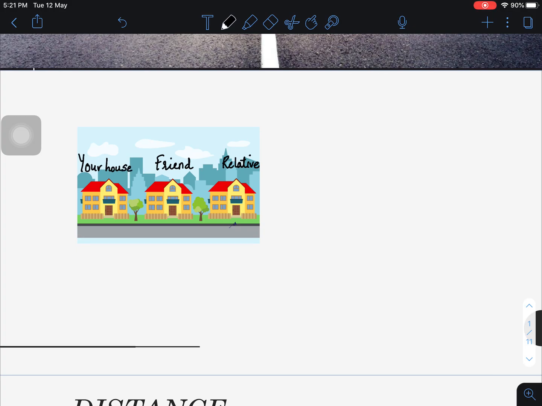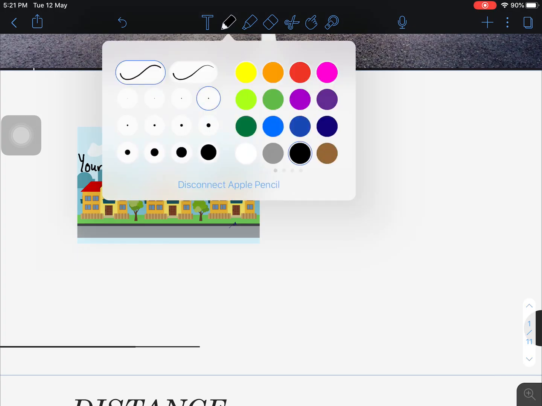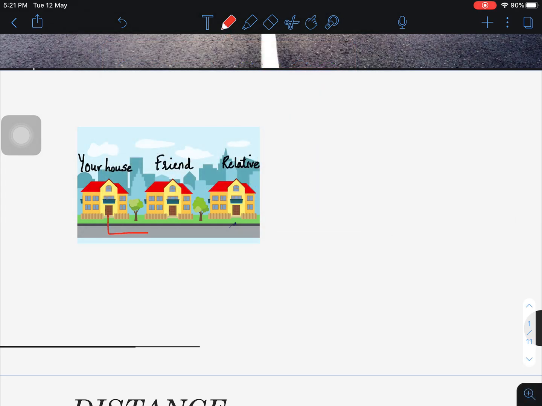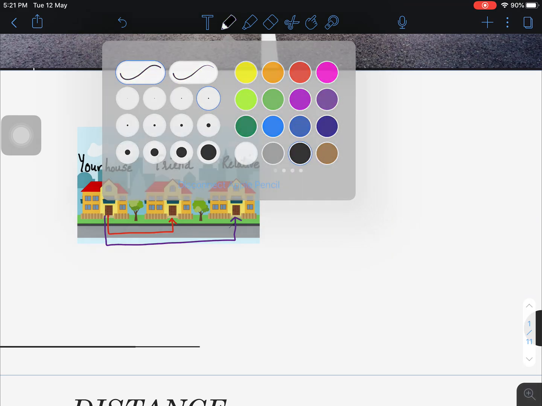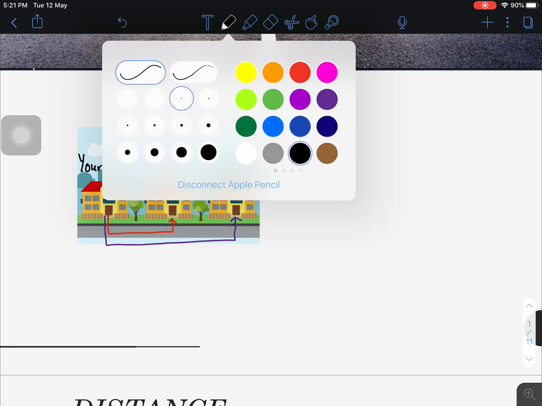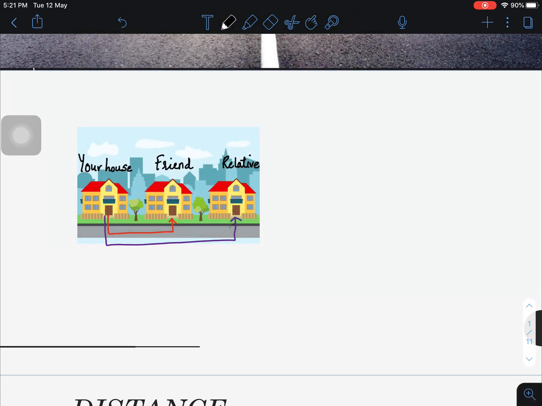Now you are getting really bored, and you want to visit one of your friends. So you come out and you go to your friend's house and you visit. Next day you want to visit your relative, so you come out and you go to your relative's house. So the path that you are traveling, this red path, or maybe this path,